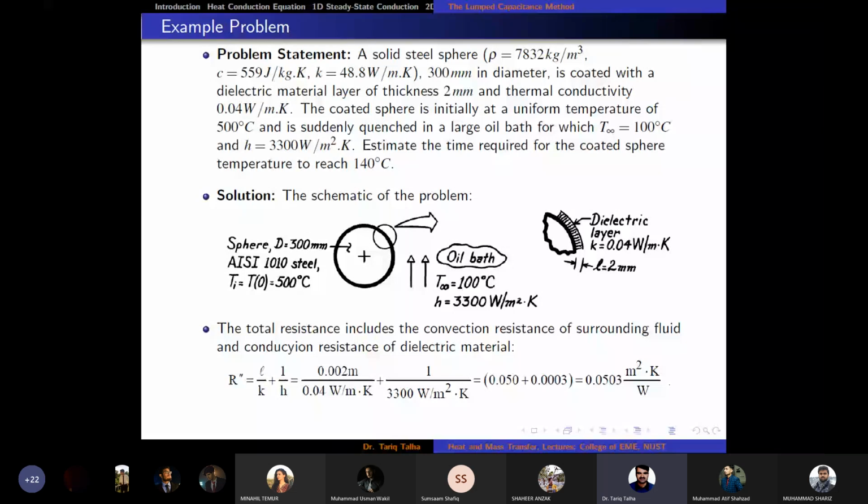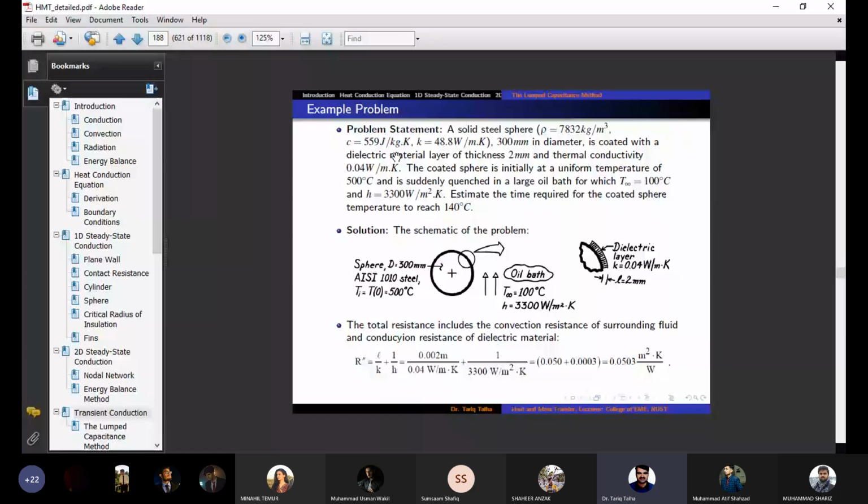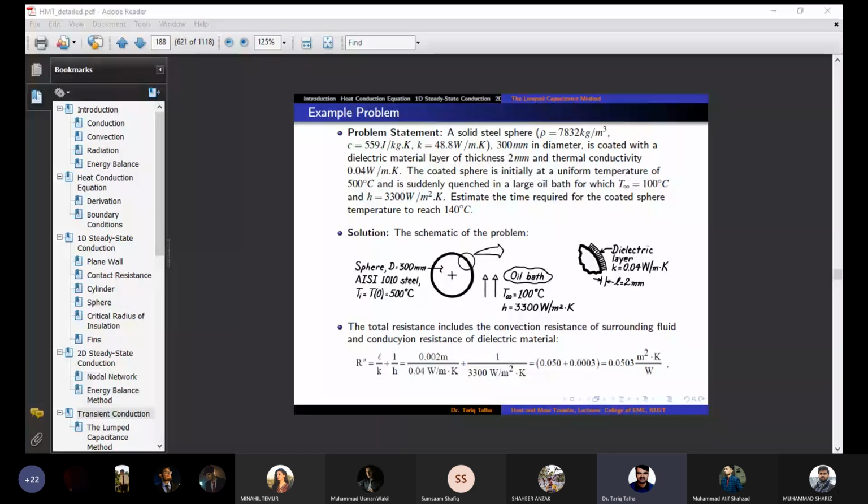So we have only discussed one topic from chapter number 5. That was chapter number 5 of the Incropera book. Now we would move on to convection without any further delay, because convection is a little bit more complex and difficult as compared to conduction, because it requires the solution of